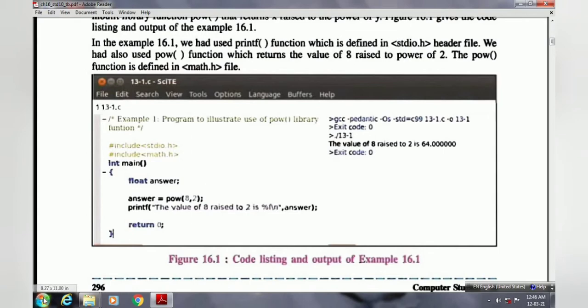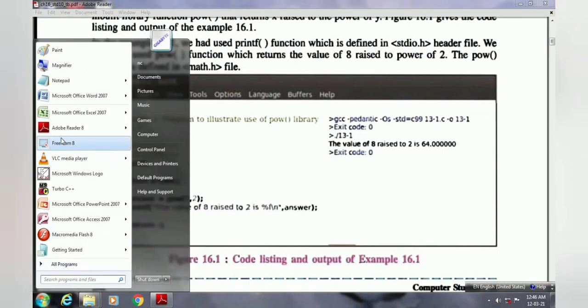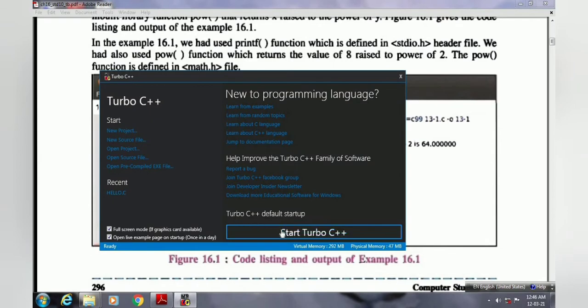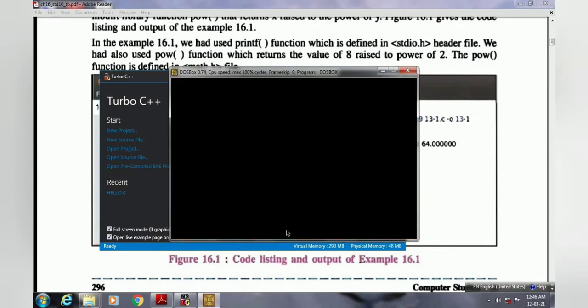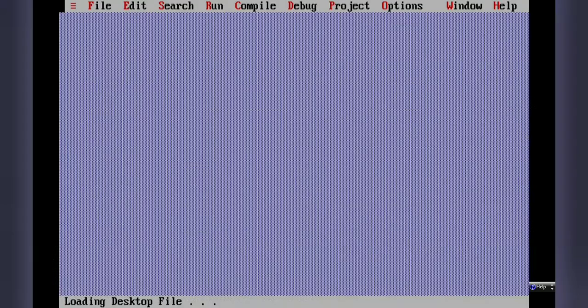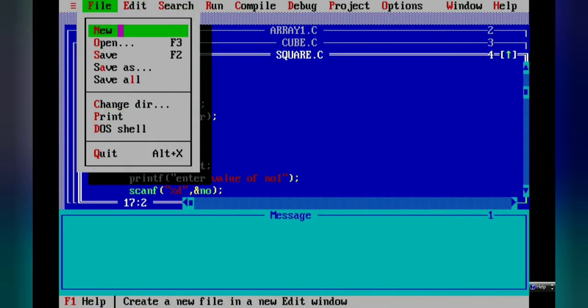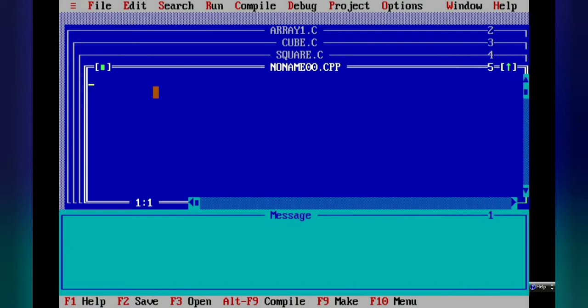So I am starting the program, that is our Turbo C++, and in that we will discuss the program. First we will open a new file, so go to File and New. First I will include the header file, #include stdio.h.